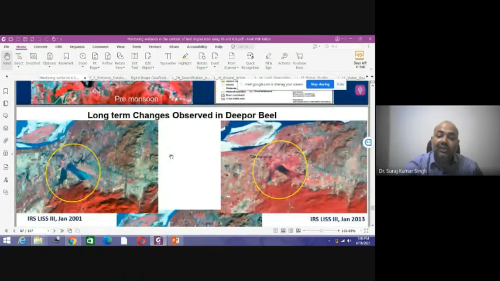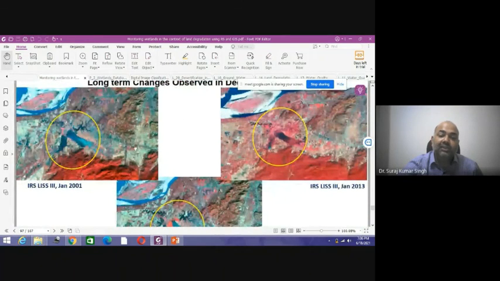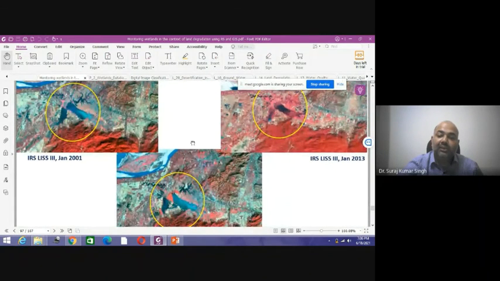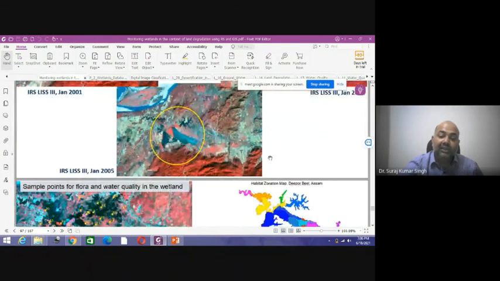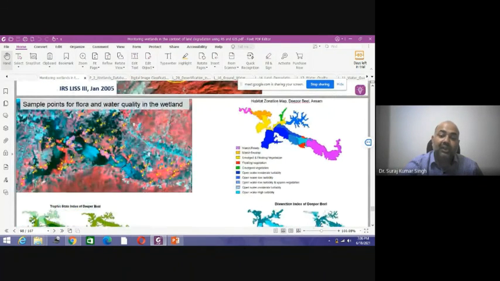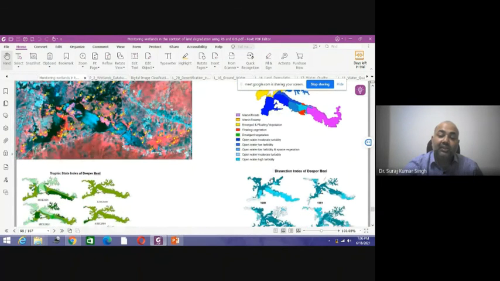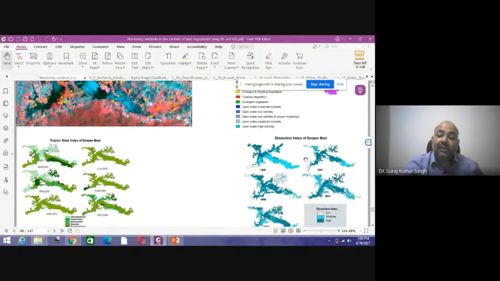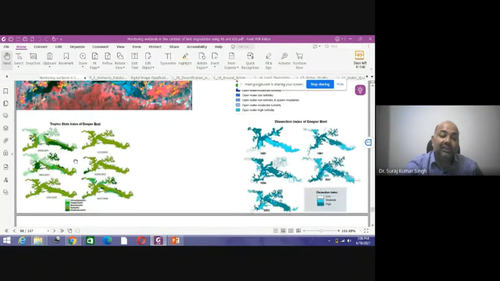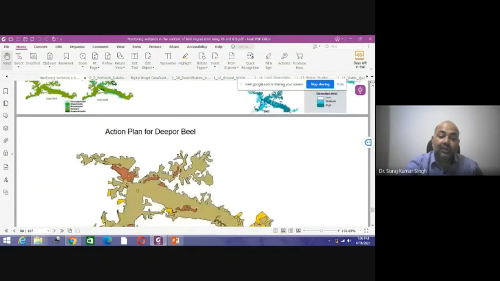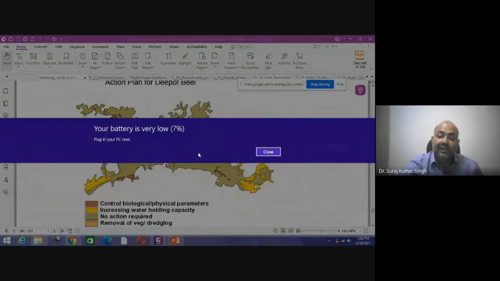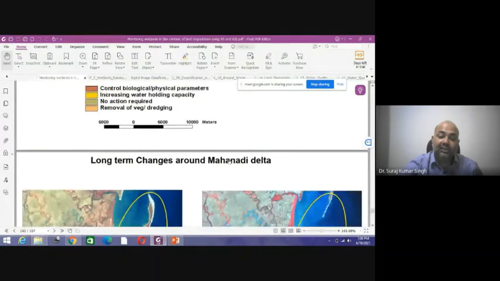And we are already doing a lot of exercises and practicals related to the change in the water dynamics that can happen over a decade in any part of the world, which can be easily monitored, and we can prepare a classified image where we can classify the different kinds of wetlands with limited field work, and we can have multi-temporal data sets and multi-classified images, and any person working in the field of wetlands can easily identify and see what the changes in the field are.